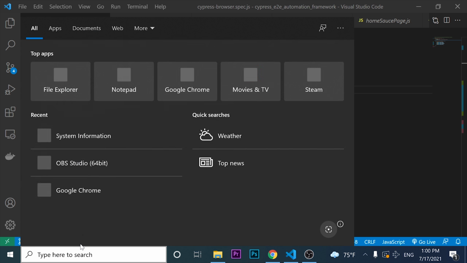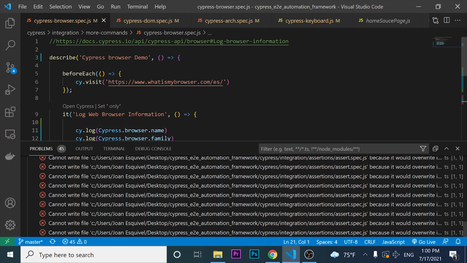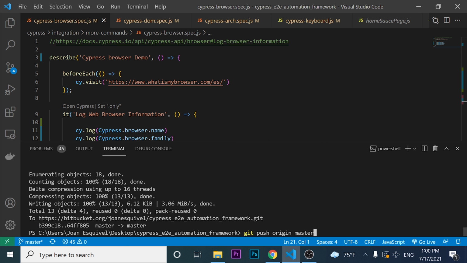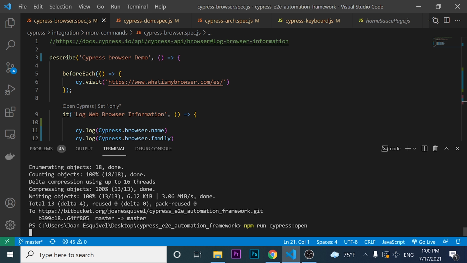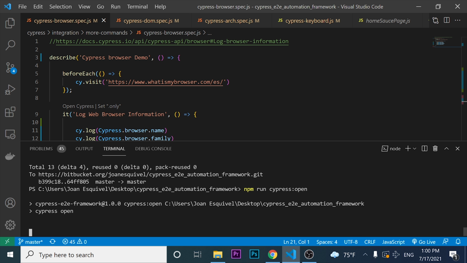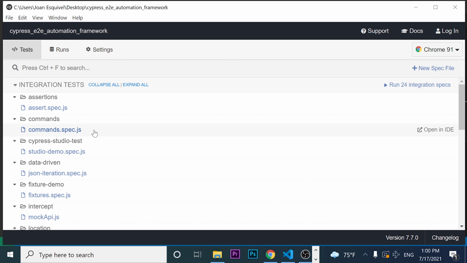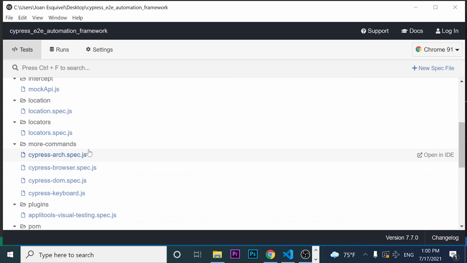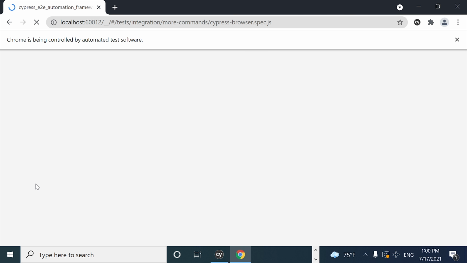So I'm gonna open my terminal, and in my terminal the test runner. All right, so I'm gonna come here and I'm gonna execute run cypress open. Okay, as soon as the test runner is opened, right, I'm gonna look for the more commands folder that I have created, and I'm gonna be executing the cy.browser spec. Okay, as you're gonna see,